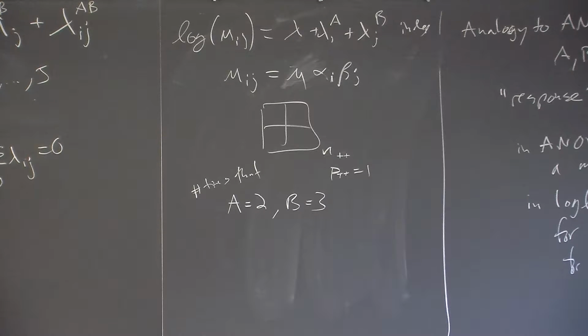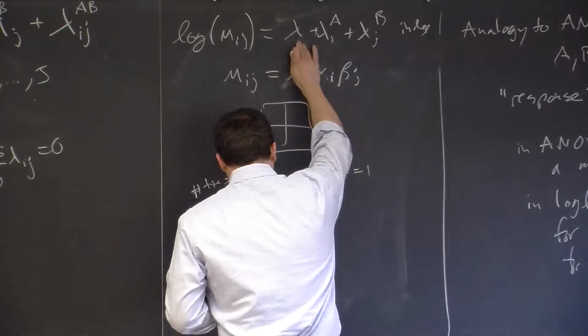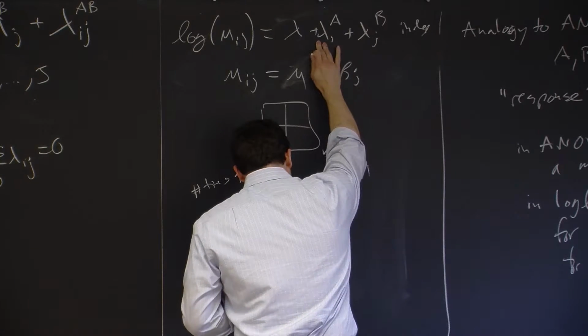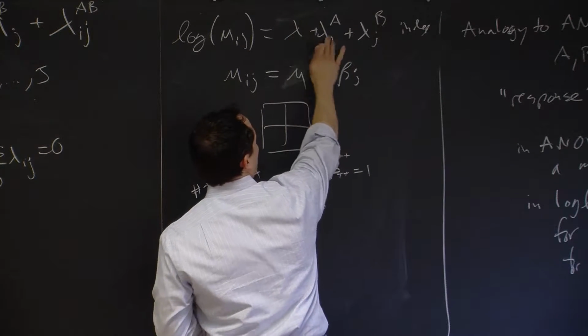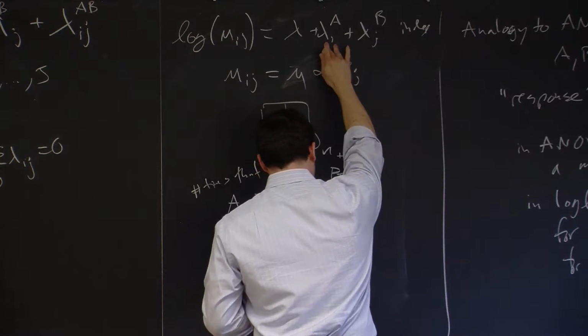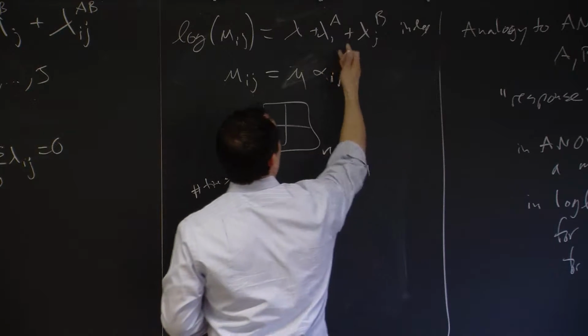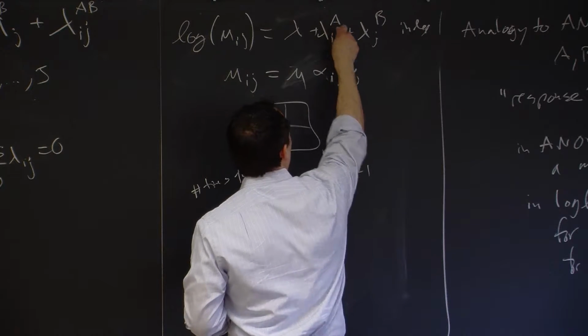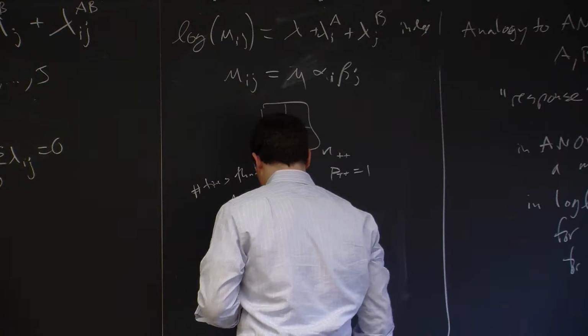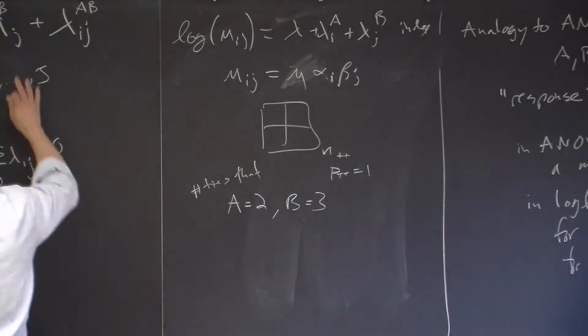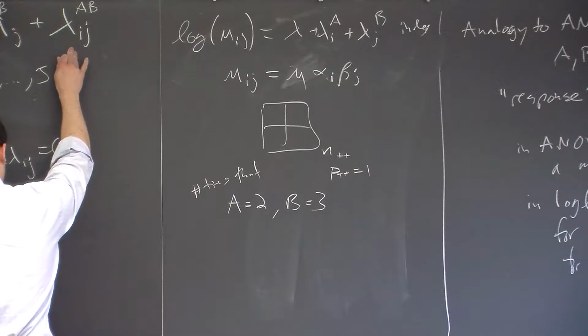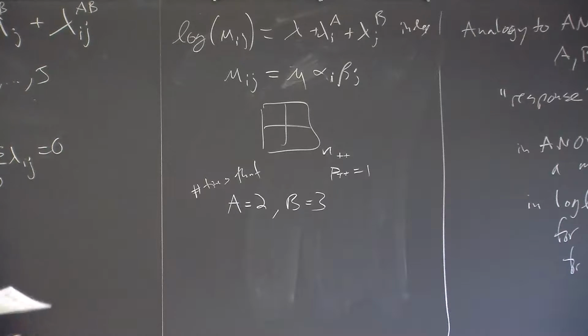So really, it's like a series of nested constraints that we want to look at. This thing is an overall effect. These are the main effects for each variable, kind of the grand mean, the deviation from the grand mean, the effect of being in row i, the effect of being in column i, and then this thing is the effect of the